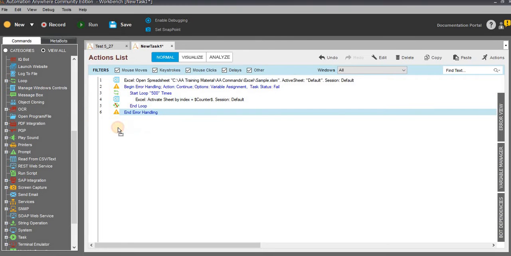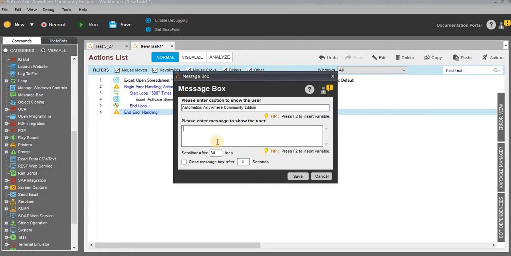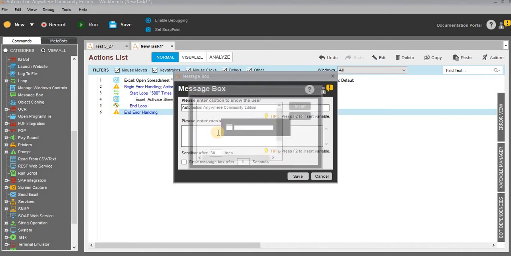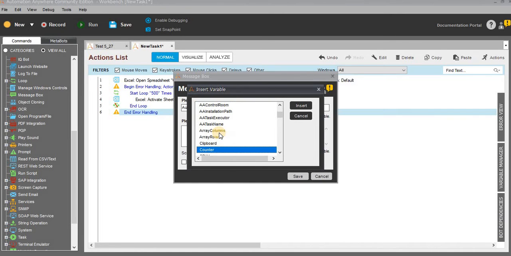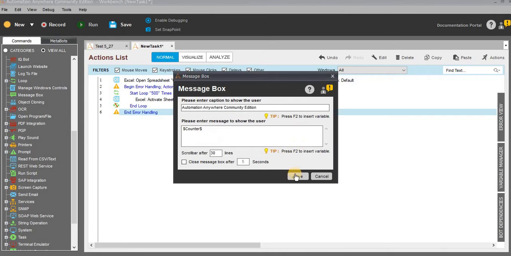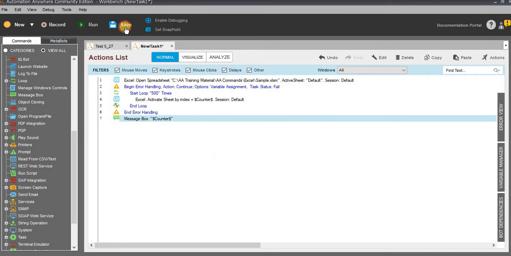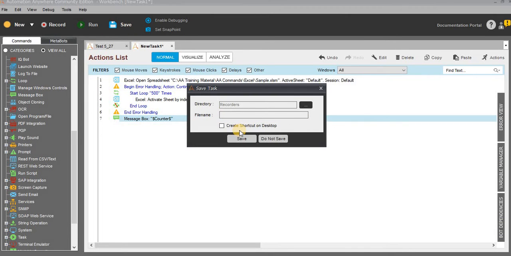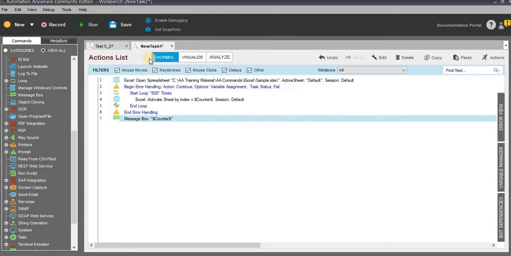So next, just drag and drop the message box after the end error handling. Here just display the counter variable. Click on save. Just save the task and run.